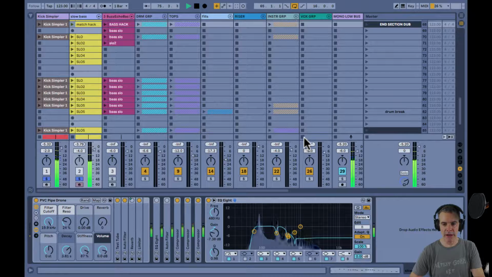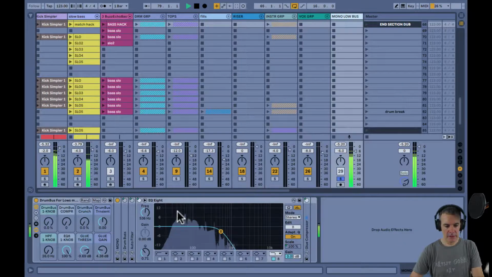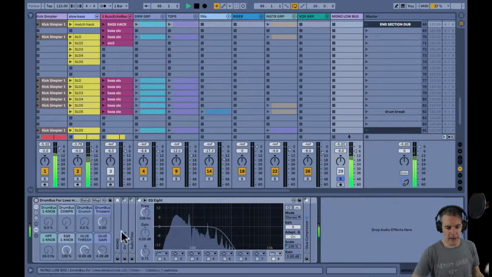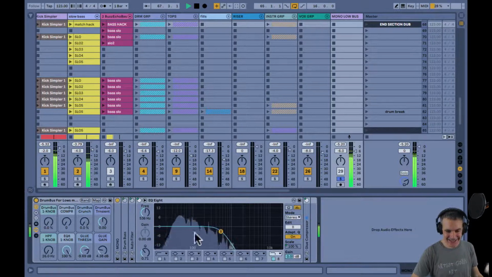Now let me show you my mono low bus over here, because I was talking about EQing them together. Aha, you can hear we had a bunch of EQ in place already. That explains that. So this EQ,